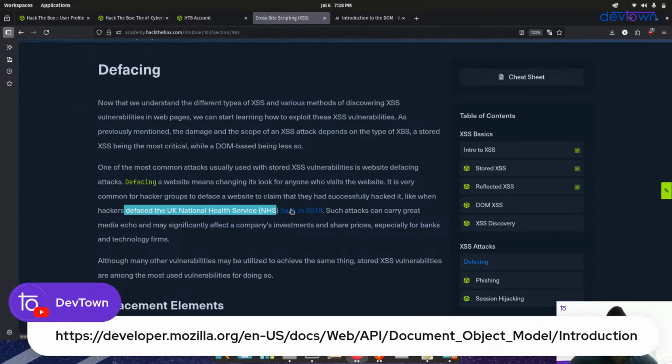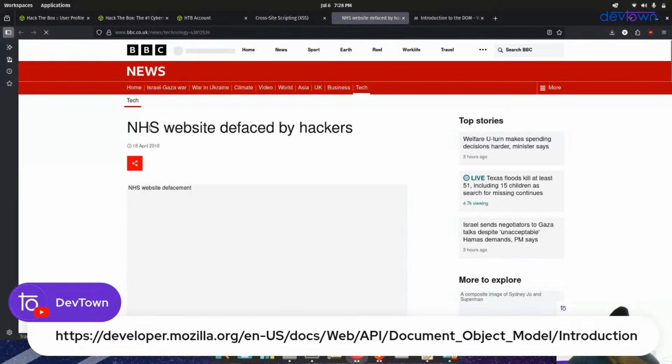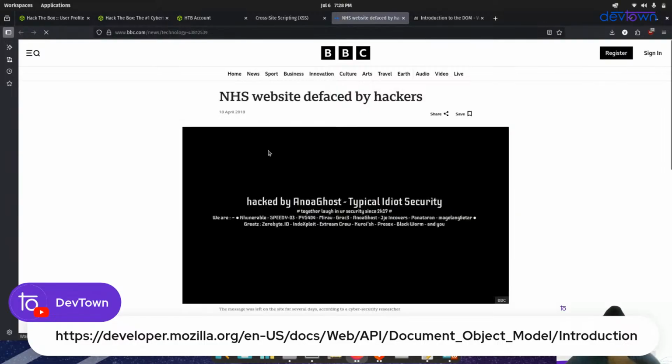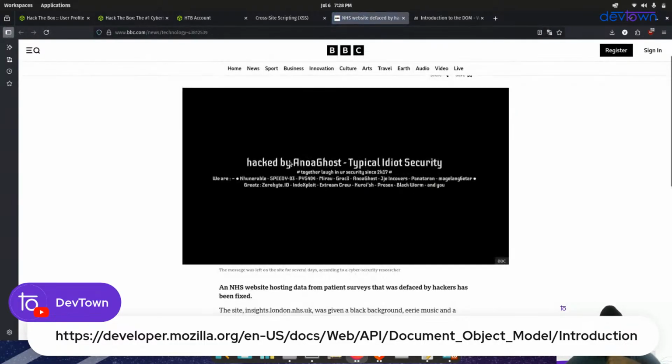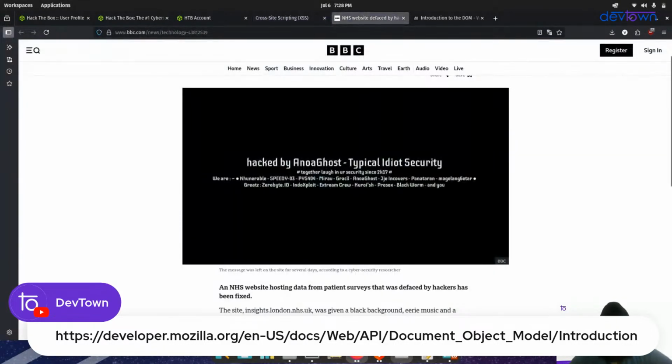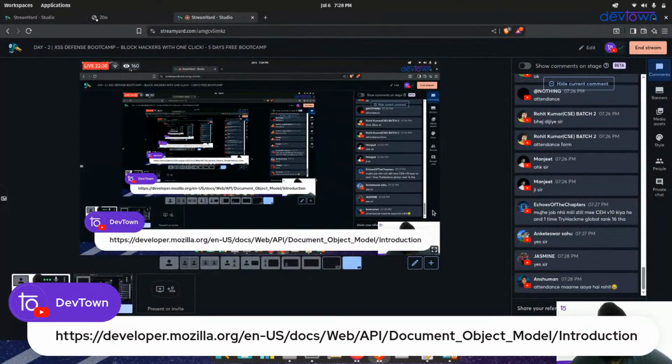So I know this incident. It was held back in 2018. The NHS website was defaced by hackers. They defaced the whole thing and put it here. So if they have defaced it, what type of cross-site scripting will it be? Persistent or non-persistent? Answer this question. If they have changed the look for everyone,